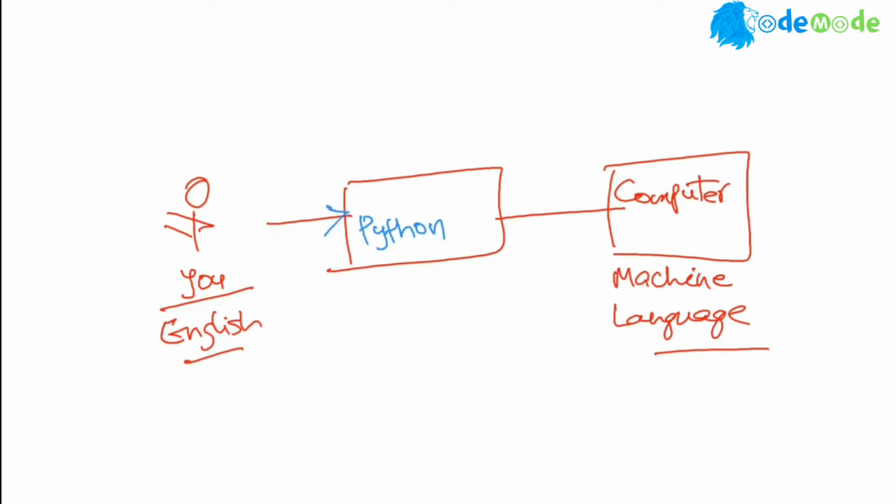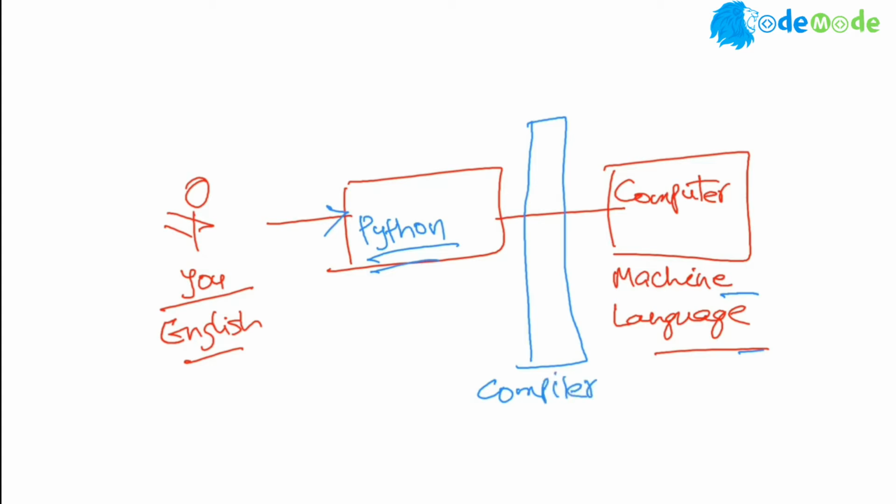So we learn Python. We learn the grammar, the vocabulary, and the syntax of Python, so that we can give instructions to a computer. The point is, Python itself does not run on machine language, because Python is still a text-based language, and the computer needs machine language. So behind the scenes, Python has its own compiler that converts the Python code into machine language code and vice versa.